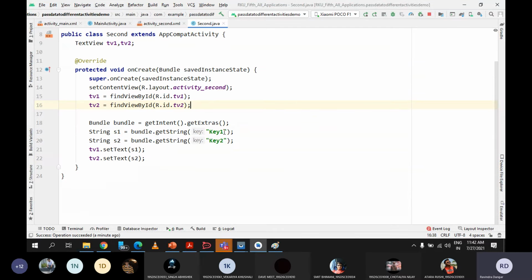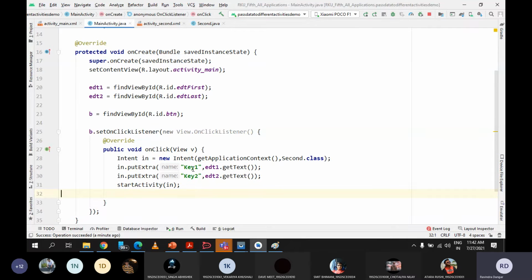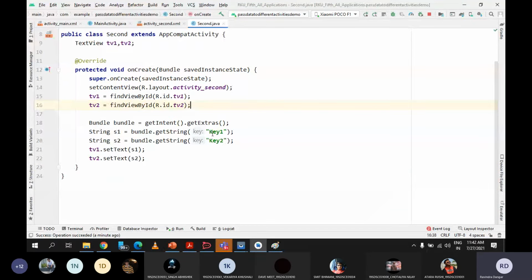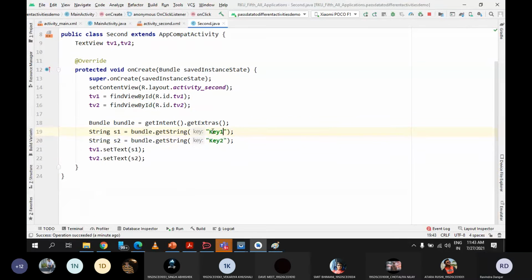See, you need to be sure that you are using the correct key. Key1 with K capital. It's correct. Still, let me just copy it and paste it here, and copy this and paste it here. It's perfect. So we got the values in these string variables and both the values I want to set here.